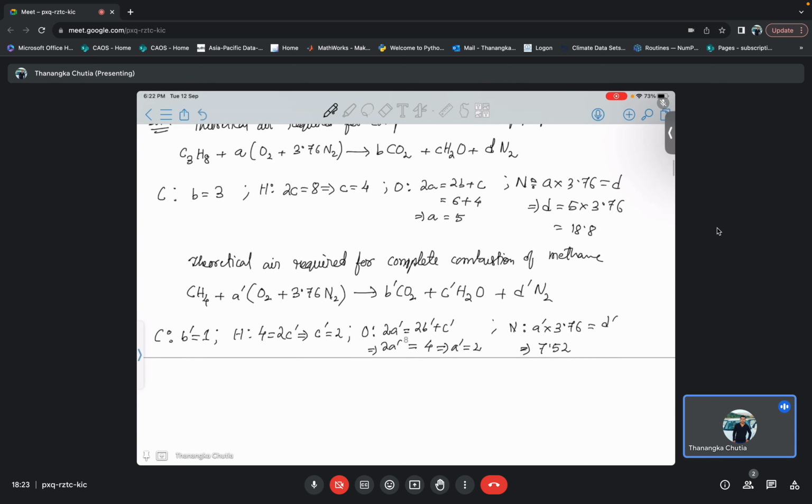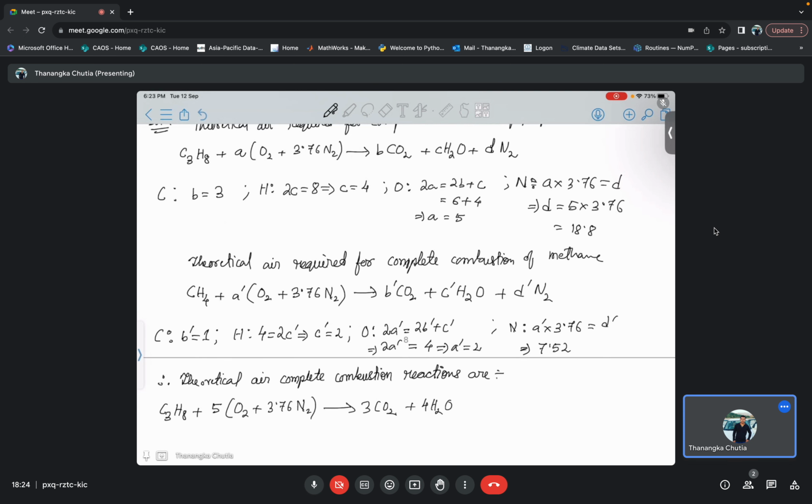Okay, so now we can write, therefore, theoretical air complete combustion reactions are: C3H8, now in place of A we know the value of A, plus 5 times O2 plus 3.76 N2 gives, what is B? 3 CO2 plus 4 H2O, okay, plus 18.8 N2, and for methane